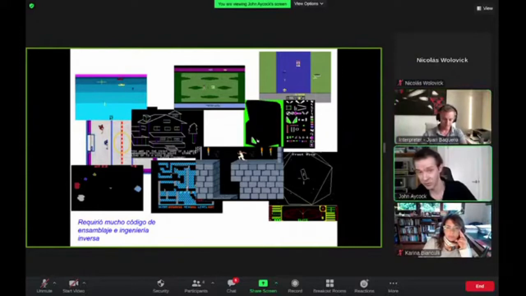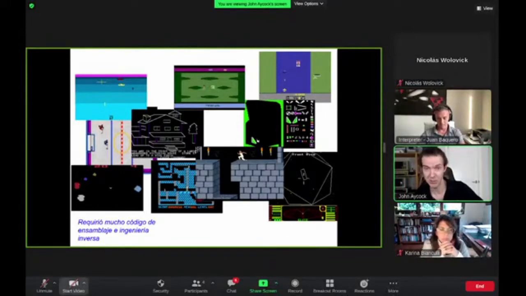So my research work for the course involved lots of digging through assembly code and performing reverse engineering. And after the course was done, I even did more research and wrote a book.